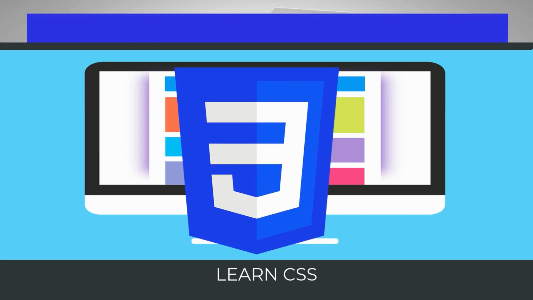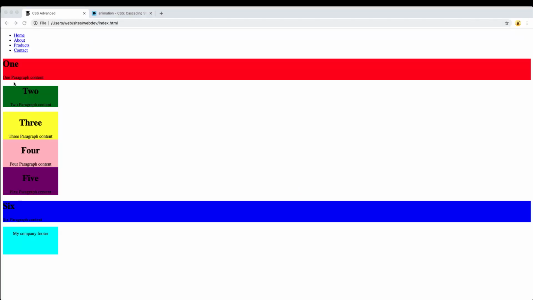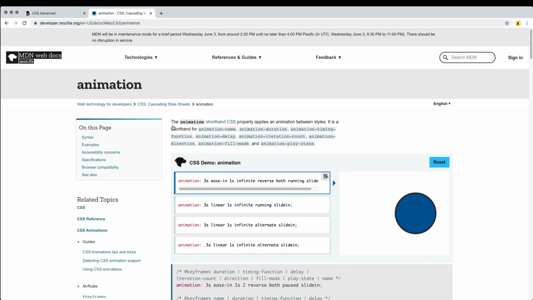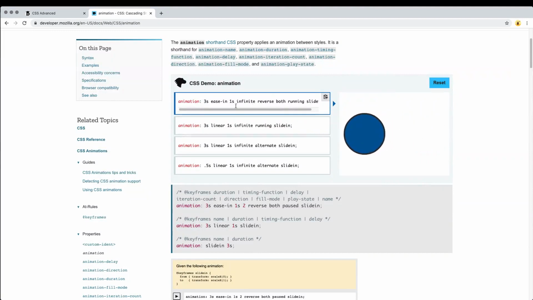Hey, this lesson is going to be exciting because we're looking at animations. So CSS has a shorthand property that allows us to apply animations. The shorthand is for animation name, duration, timing function, and you can also separate all of these properties out as well. So going over to the Mozilla Developer Network, they've got a great example of this animation